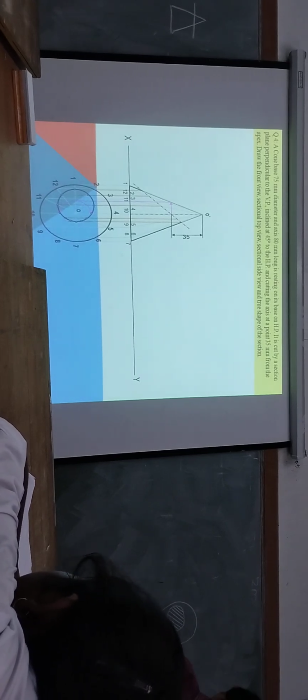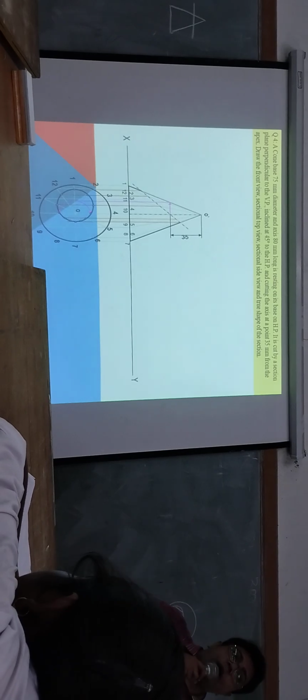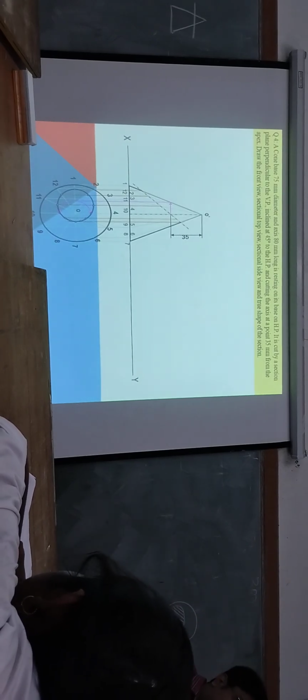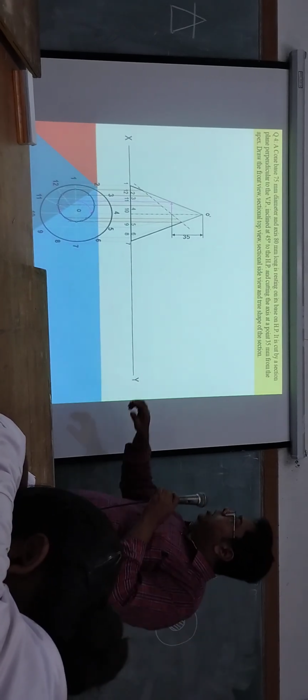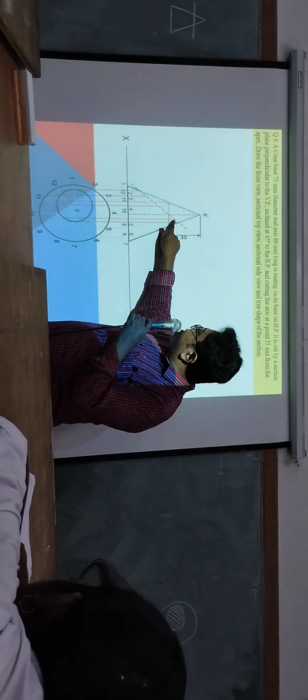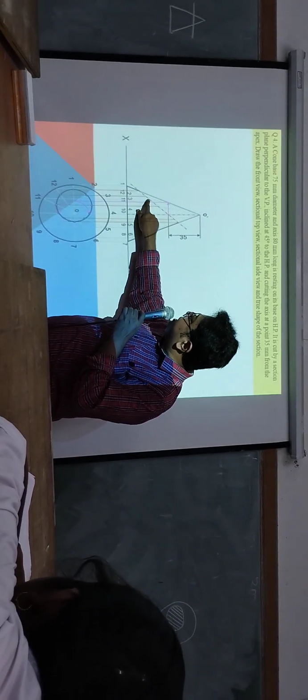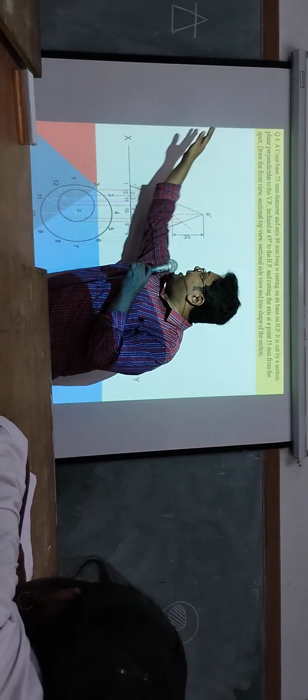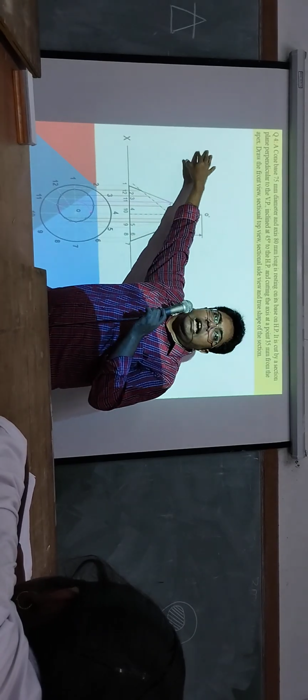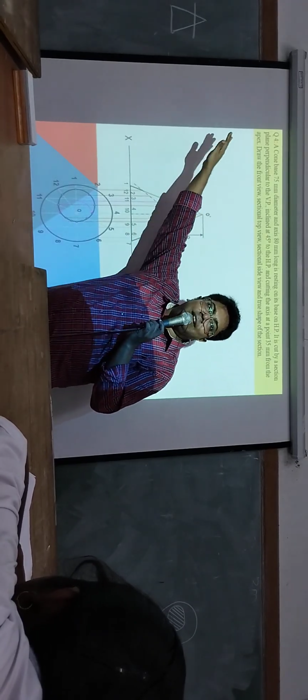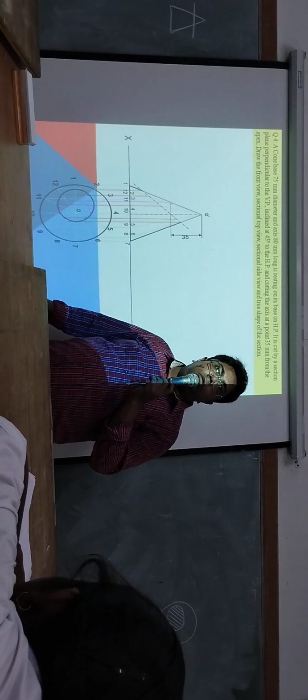Now next step, what we have to do? We have to draw the true shape. How to draw it? From these points, you are getting these points, you have to draw the vertical lines in this direction. Now what we will do? Next step,